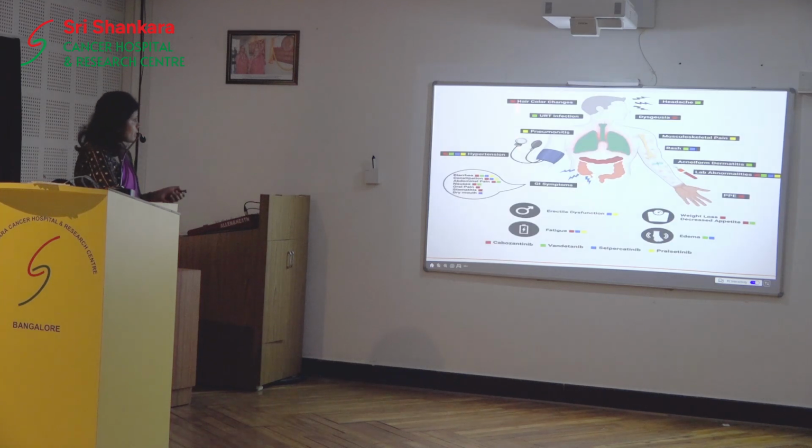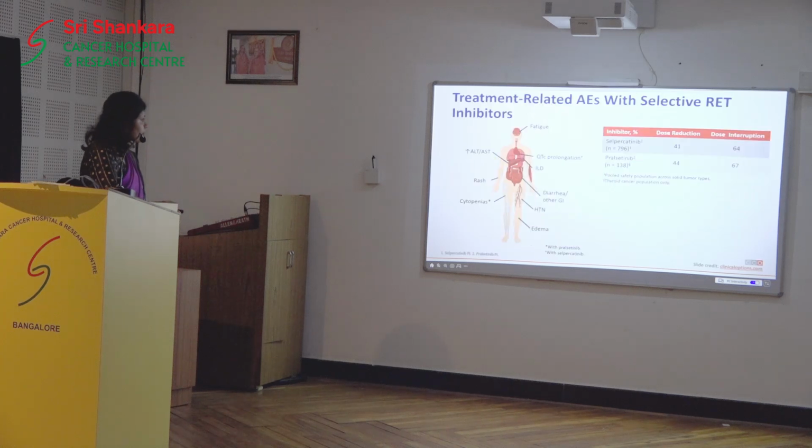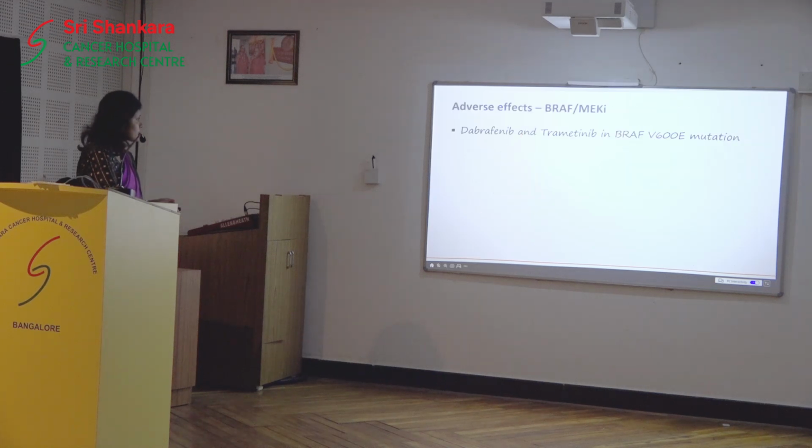So this is just a capsule of it. So you have musculoskeletal, the rashes, more commonly the skin toxicities, pneumonitis, and the cardiovascular and GI toxicities. So selective RET inhibitors, specific mention of ILD, this is the one which is additional, and hematological toxicity, that is the cytopenias. So in case of this one, BRAF or MEK inhibitors, the recommended combination is dabrafenib and trametinib with